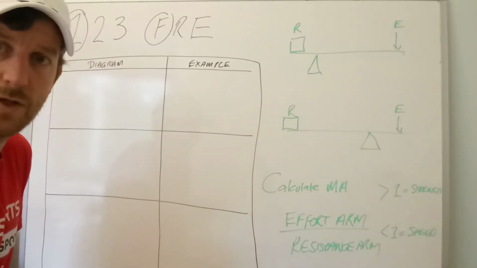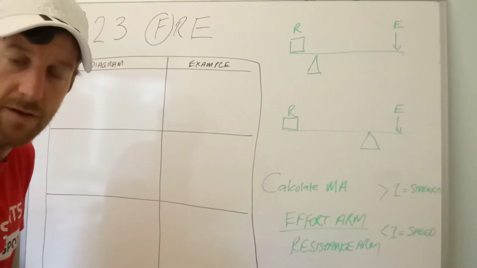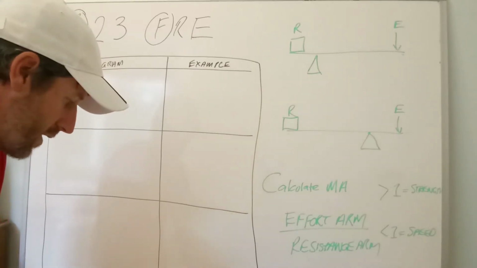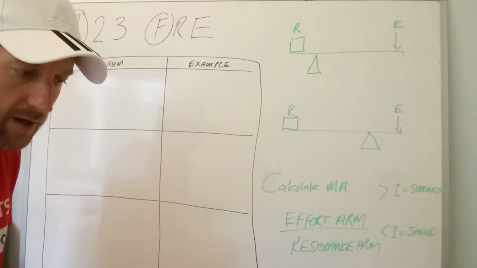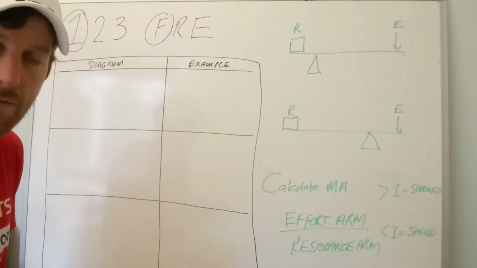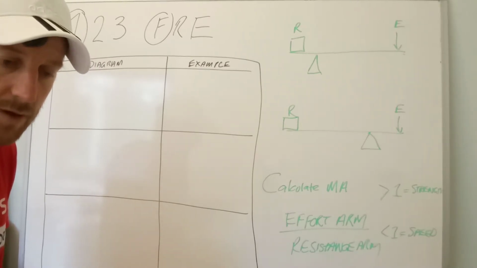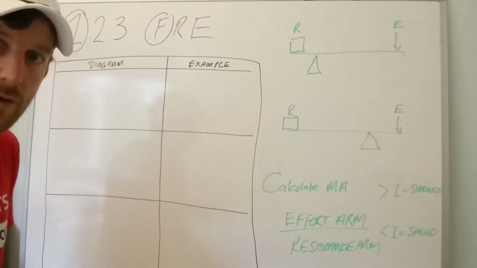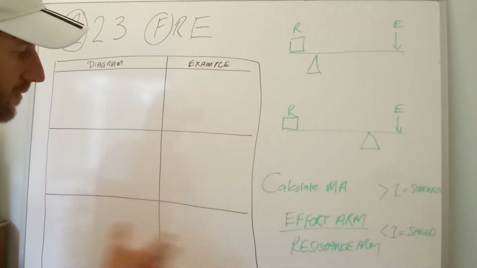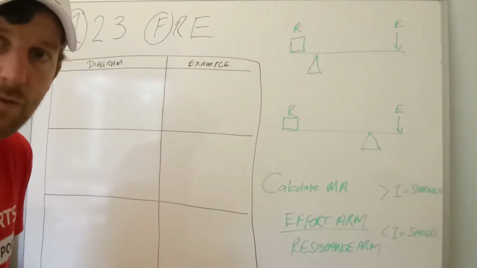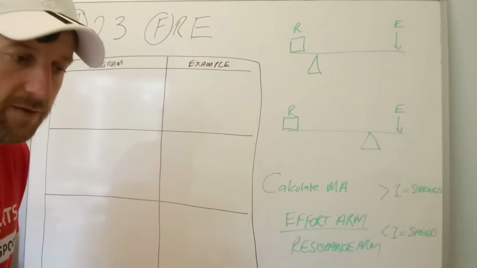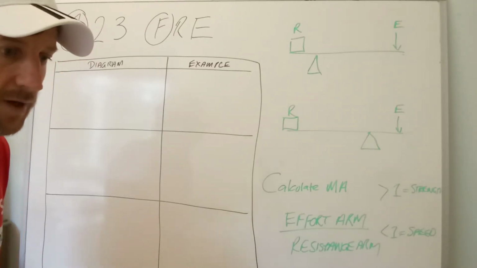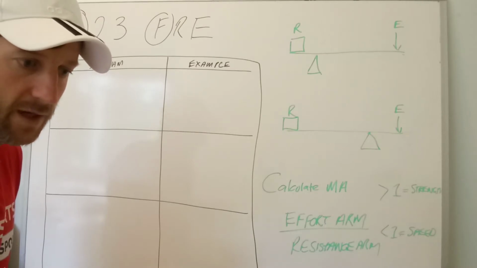Right, welcome to a revision session for analysis of movement. We're going to have a look at levers to start with. We'll have a look at mechanical advantage, and then we'll pause the video. We'll do a bit of a revision card that I would like for you guys to do, and after that we're going to have a look at planes and axes. Then I'm going to give you guys a multiple choice quiz,